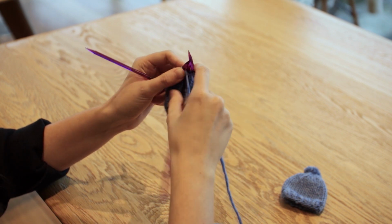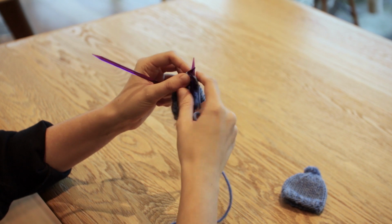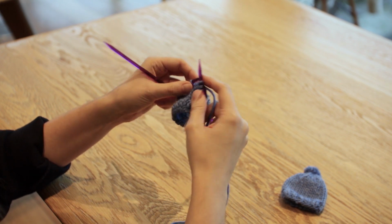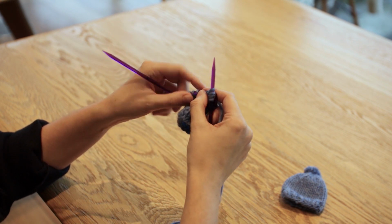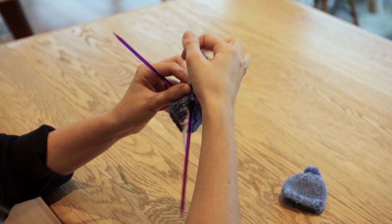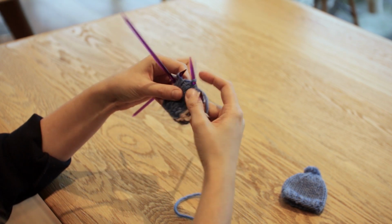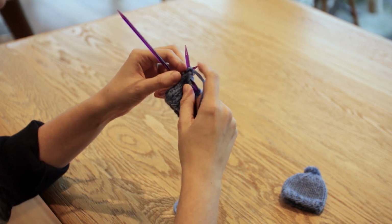So knit 1, knit 2, knit 3, knit 4. Okay, let's knit 2 stitches together. So you literally insert your needle into 2 stitches at the same time and knit it together as normal. Okay, so let's continue the sequence. So knit 4,